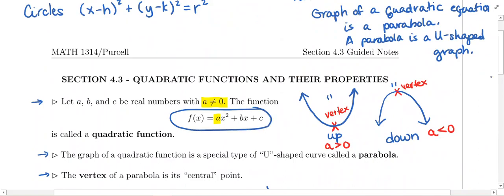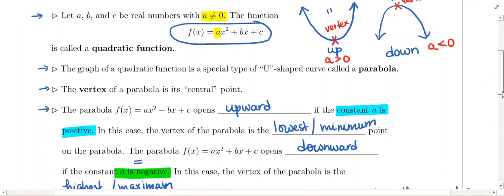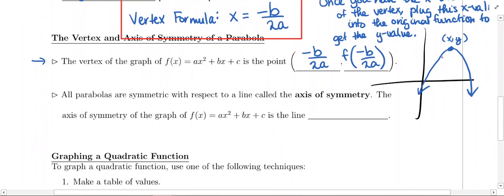Okay? And that's going to spit out the y-coordinate of the vertex. Once you know where that ordered pair is, that's where you're going to center your parabola in order to graph it. All right, we will get some practice with finding the vertex when we start graphing in a bit. One more piece of terminology associated with parabolas is something called the axis of